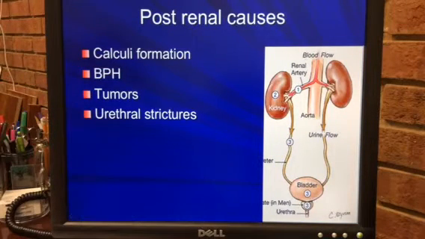Postrenal causes. Anything that obstructs urine flow. Let's just take a prostate, for example. If I obstruct urine flow here, my bladder is going to get distended, my ureters get distended, the renal pelvis gets distended, and eventually the kidneys cannot filter products because it's got nowhere to go, and then the substances stay